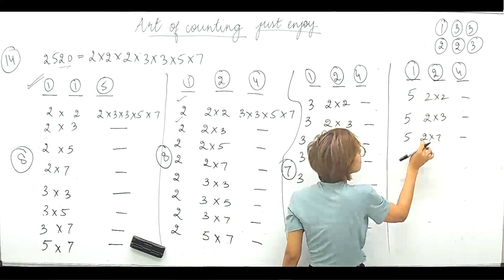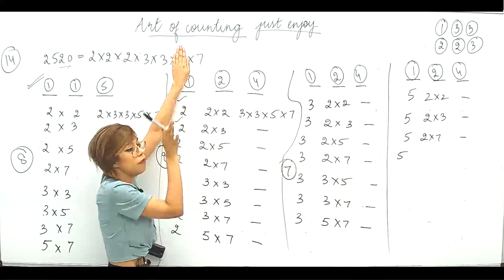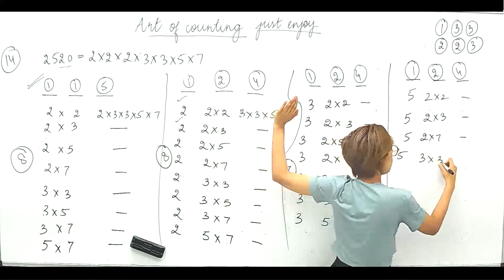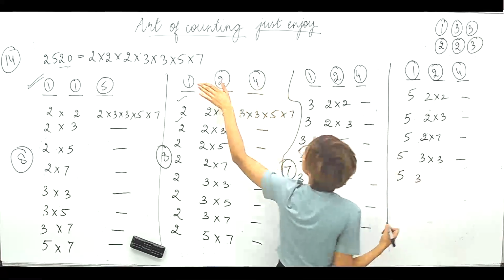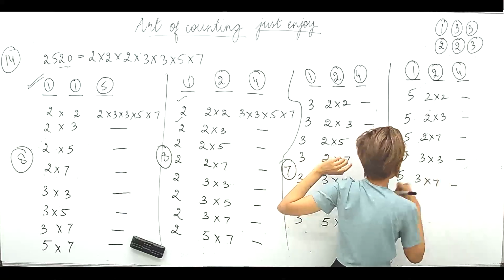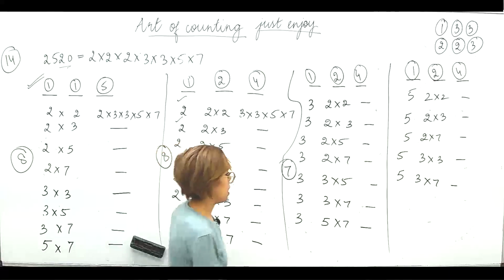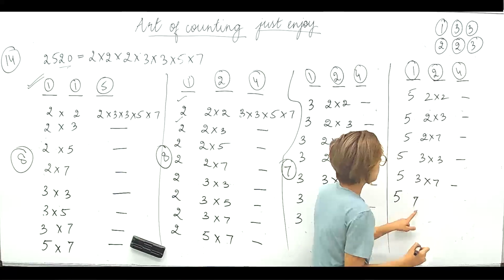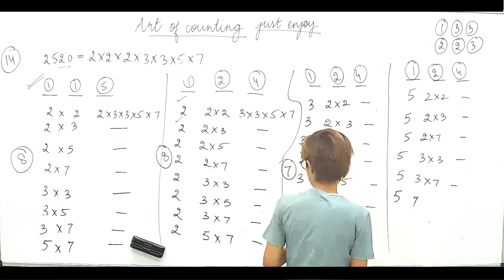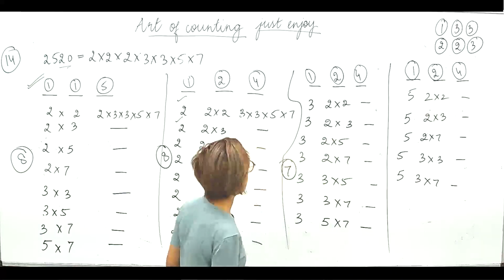Right. So 2 ones are exhausted. So let's move on to 3 now. So 3 into 2, obviously I will not take. So 3 into 3 directly जा रही हूँ मैं. 3 into 3. Next 3 into 7. That is one case. Right. So I think 3 ones are exhausted now. So if I start with 7, 7 into 2 already considered, 7 into 3 already considered. So that means I've exhausted the cases for the 5 ones. Right. And these are 5 in number.